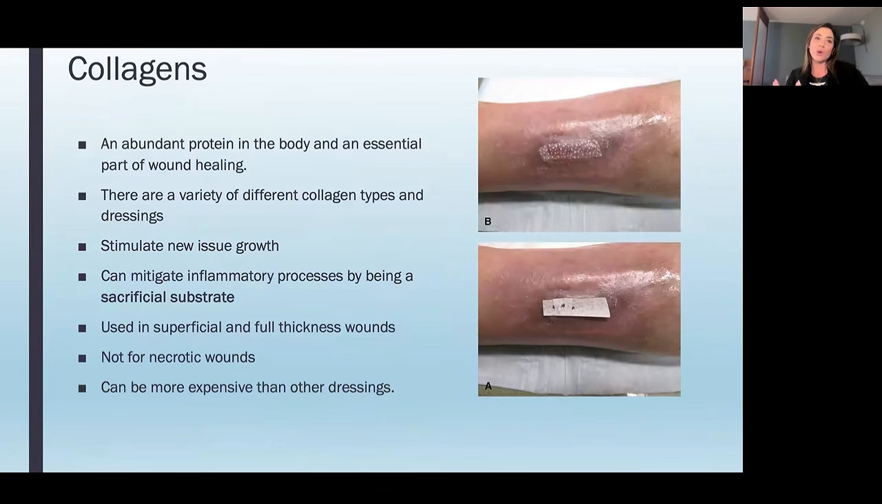Collagen dressings. So collagen is an abundant protein in the body, and it's an essential part of wound healing. There's a wide variety of different collagen types and dressing types. That could be its own lecture in and of itself, whether it's a type 1 or native or what animal source it comes from. But they are known to help stimulate new tissue growth, and they can mitigate inflammatory processes